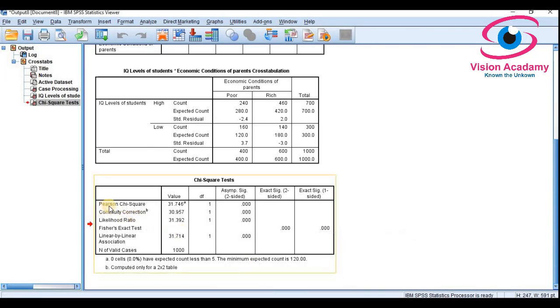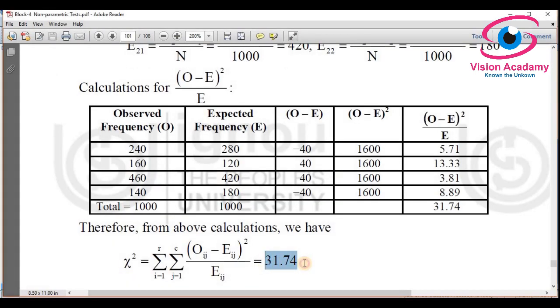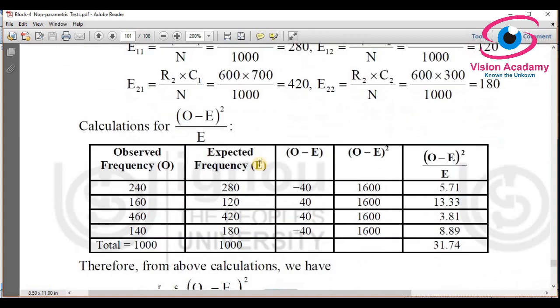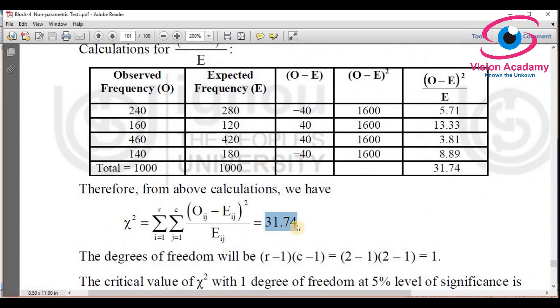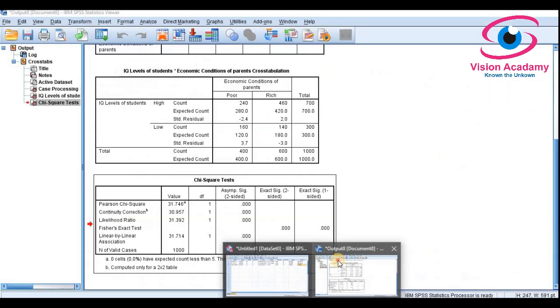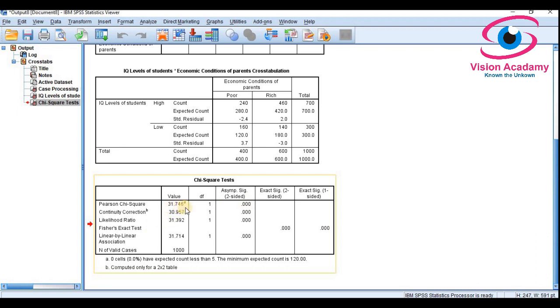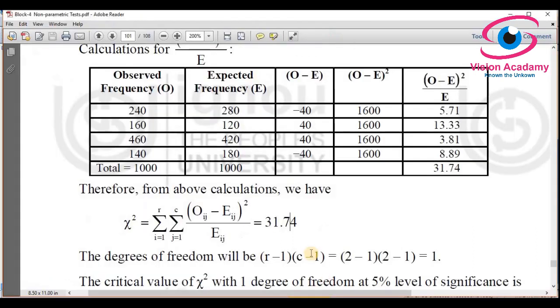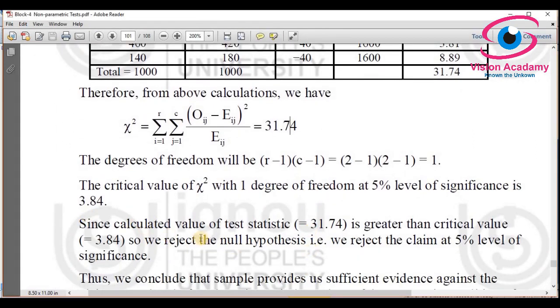Okay, so let us test whether the same value we have in the book material too. Well, this is the value we have obtained in the manual calculation following some formula. That is 31.74, and in the SPSS output 31.746, very accurate. Okay, so what is the decision you have taken here? We reject the null hypothesis because the calculated value is 31.74 and critical tabulated value is 3.84.